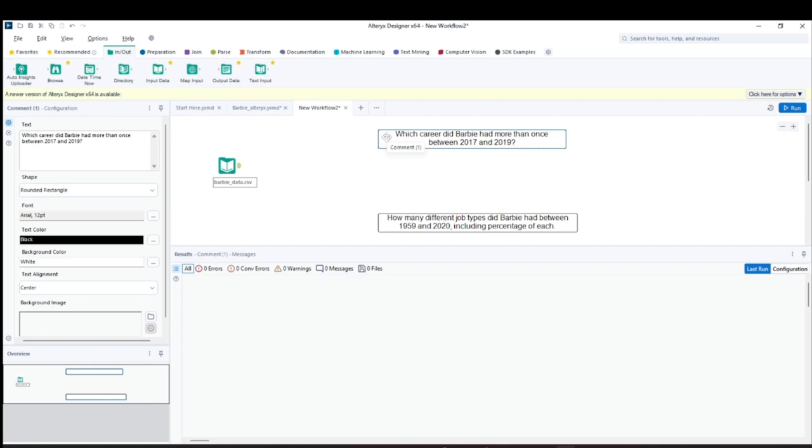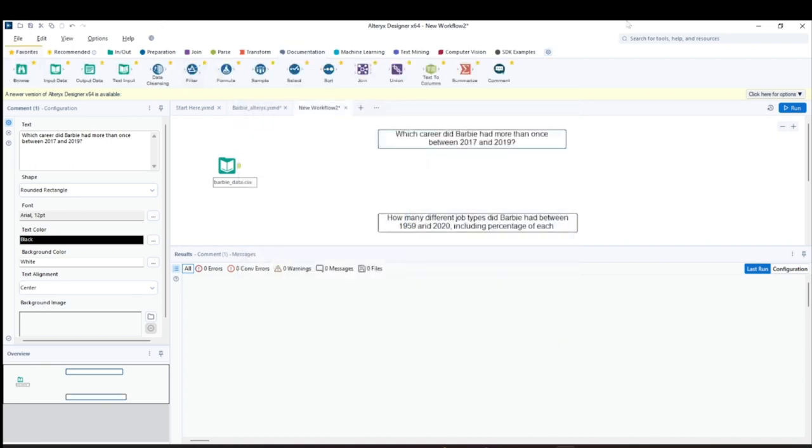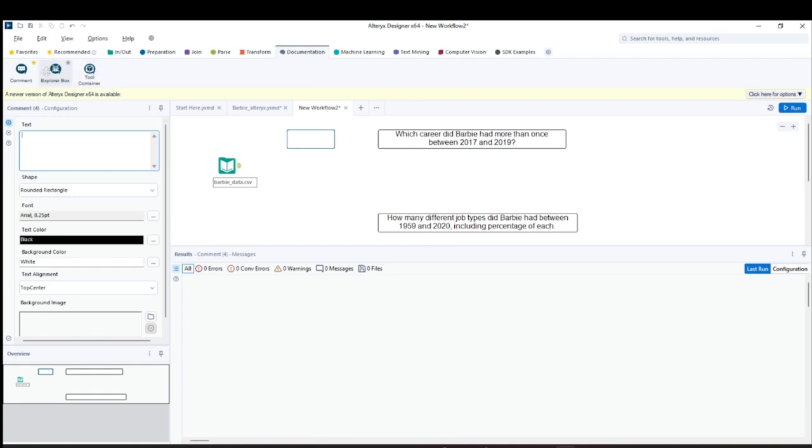So coming to this box, this is nothing but a comment box. I got it from here, documentation. Okay, click on this documentation, and if you cannot see it, go here in this toggle window, this settings, and you can just click this documentation and select OK. Right, so these are also the important tools which are being asked in exams, especially in Alteryx certification, that what is the function of this comment tool, or this document, or this tool container, what is the difference, can you add images, and so on.